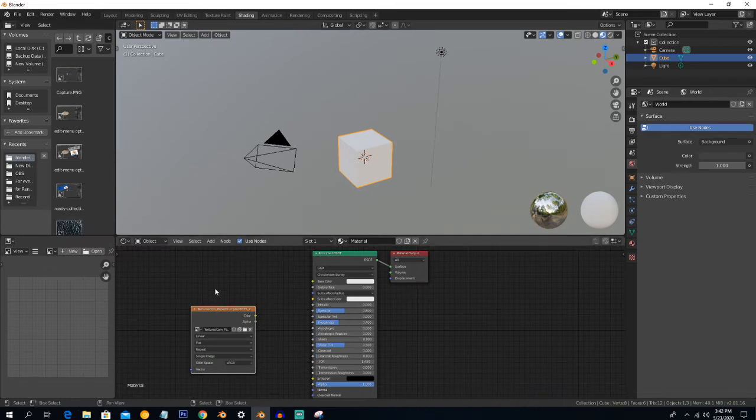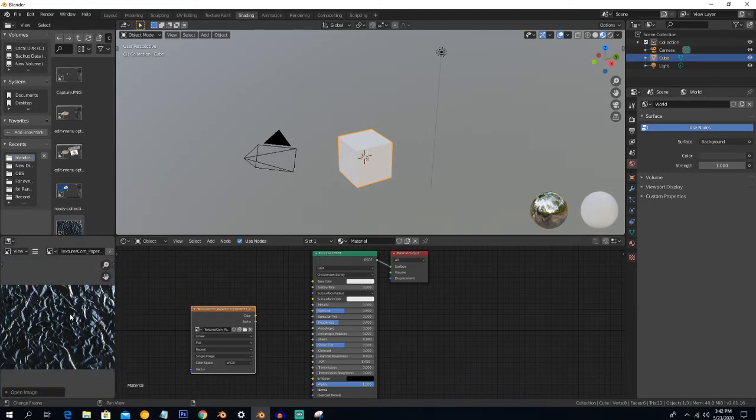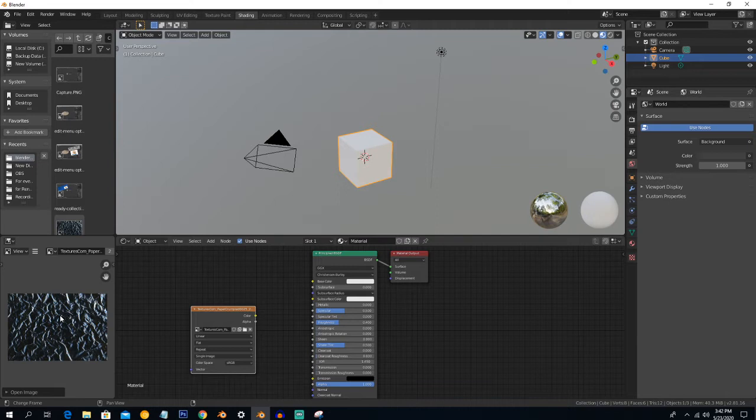It will be automatically in the texture, and you can also drag and drop this texture here. For example, I will put this paper or wave texture on this object.